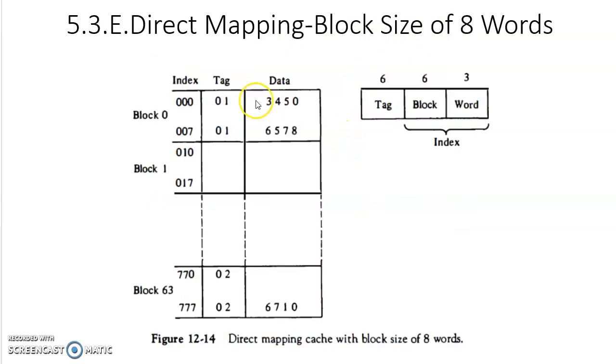I will show you one more type, that is direct mapping cache memory with block size of 8. This time when you go to main memory, you don't bring a single word, instead you will bring 8 words. Because of this and the sequential nature of all programs, the number of misses will be reduced, and you don't need to go to main memory unnecessarily again and again. Your hit ratio will be increased. Average access time will also be reduced. Okay, this is direct mapping cache.